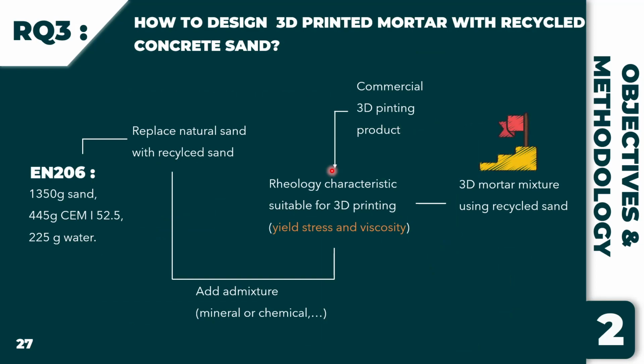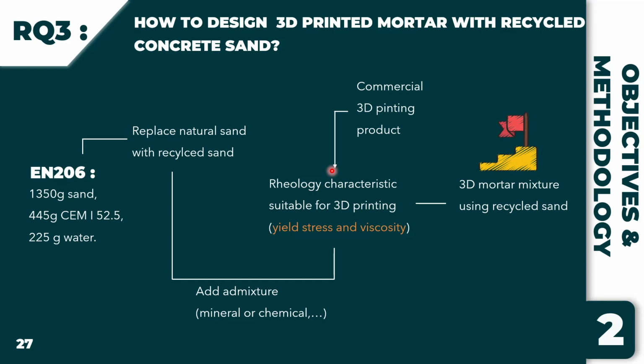To answer the third question, how I can design a new mixture using recycled aggregate and suitable for 3D printing construction, I will start with the EN 206 standard mixture, and I will replace the natural sand with recycled sand. After this step, we have a new kind of behavior. I guess this behavior will be very dry,